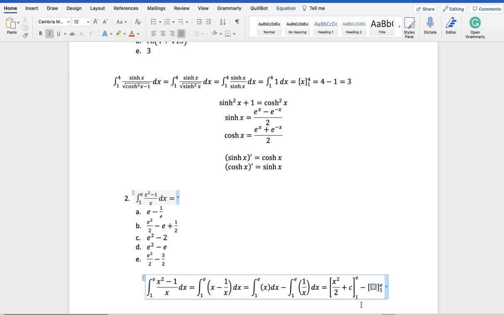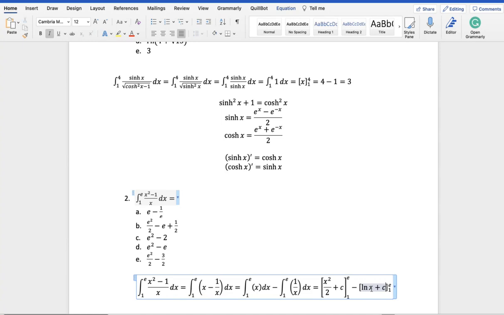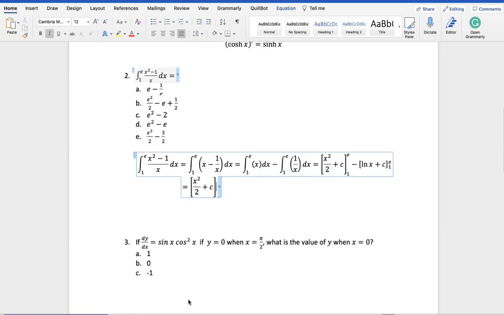I think it's ln x plus C. Right, thank you. So it's ln x plus C, right? Then when you have this, you can evaluate this integral, but first evaluating the first one here. So if you evaluate the first substitution there, what you get is, right? You have to substitute in the value of